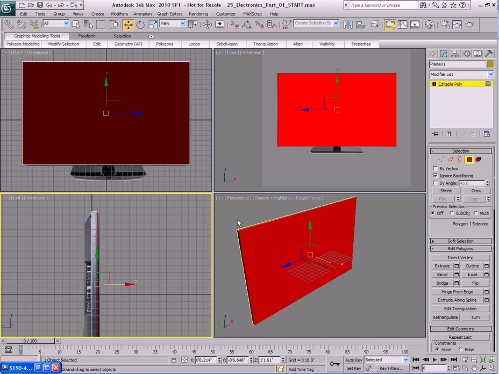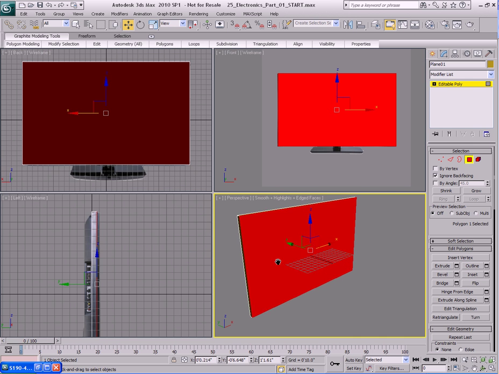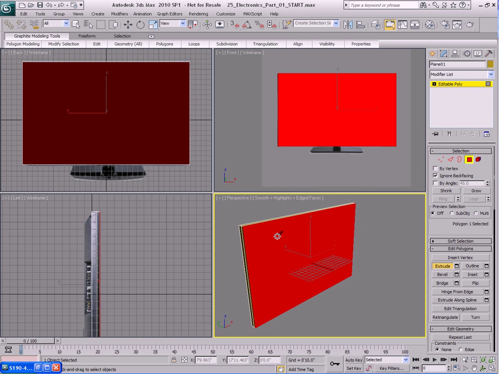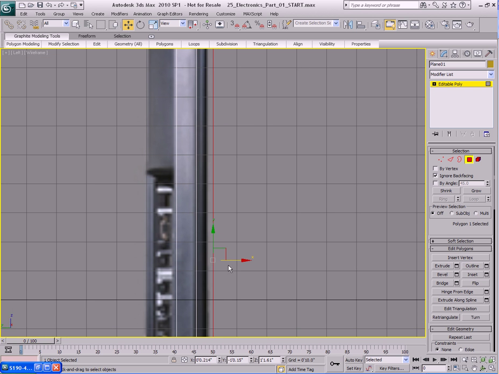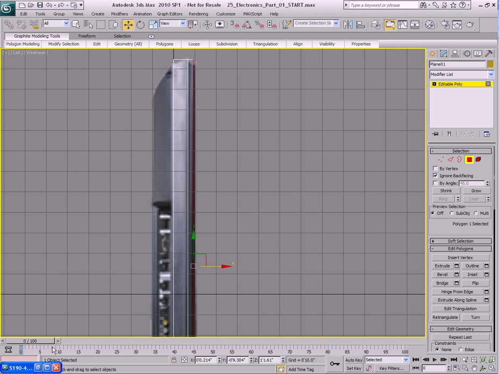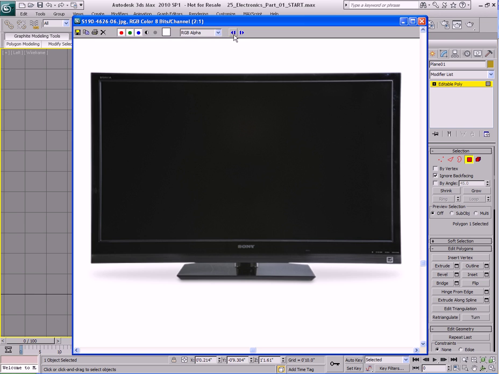Okay, what I'll do is, let me see, I'm probably going to extrude this again. Go back into my left view and pull it out here to the front. Let me show you what I'm doing here. If I look at my reference images,